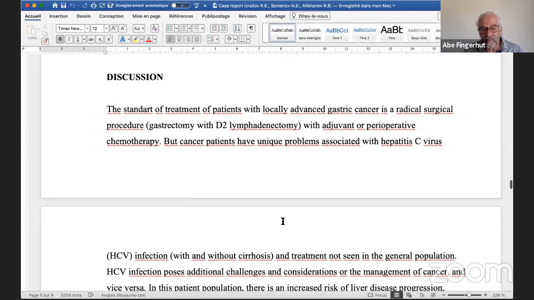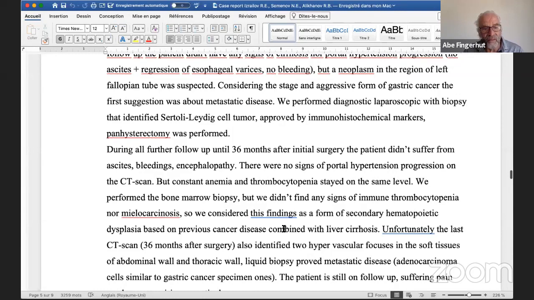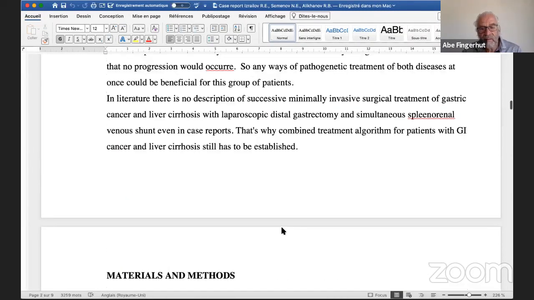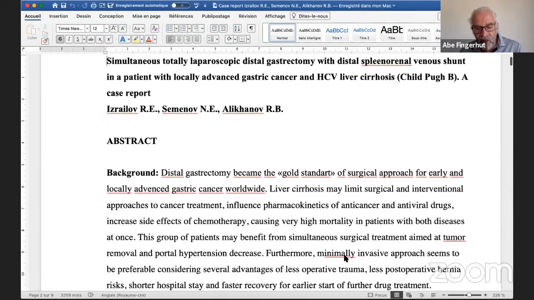Your discussion should start with the answer to the question that you should have asked at the end of your introduction. Let's go to the end of your introduction. Where is the question? Where is the hypothesis? What do you want to show? You want to show that laparoscopy is an elegant solution for performing distal gastrectomy for cancer and the splenorenal shunt for the cirrhosis with portal hypertension in a single intervention. And one of the main objectives and the main advantage, I'm going to go, confusing for everybody, but one of the main conclusions here is one of the most important